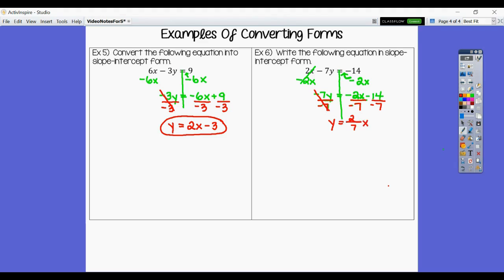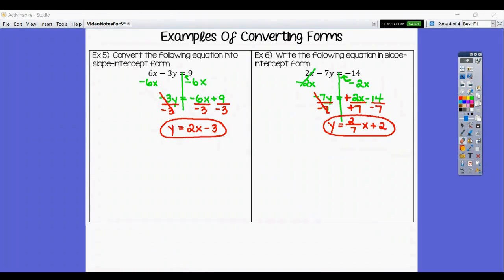It's important to note that when you're dividing two negatives, they turn into positives. So that's how I get a positive 2 over 7 instead of negative 2 over negative 7. Last but not least, negative 14 divided by negative 7. We just talked about how two negatives make it positive, and that's 2. You can check that in a calculator, but if the calculator gives you a decimal, leave it as a fraction